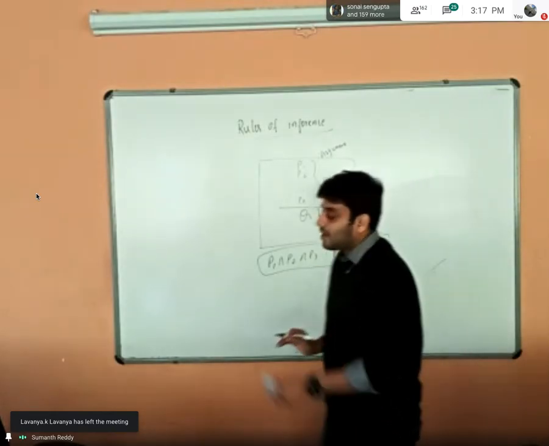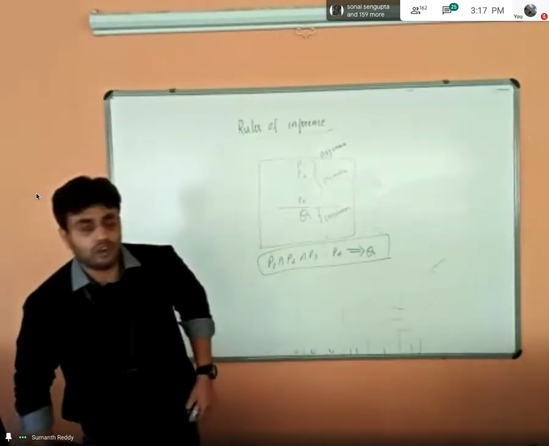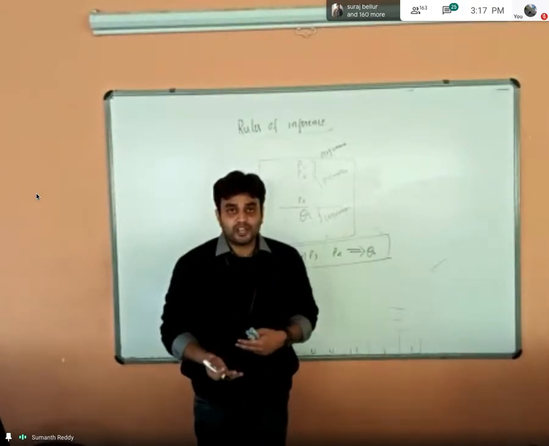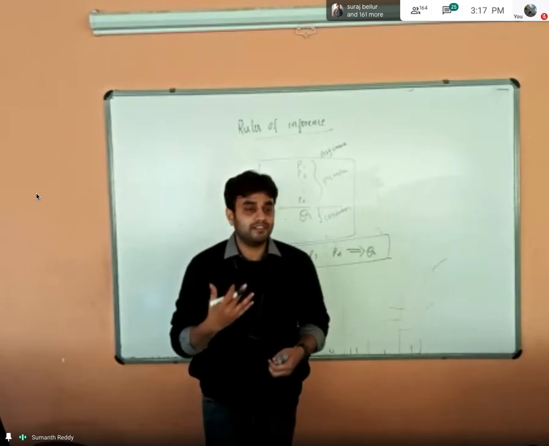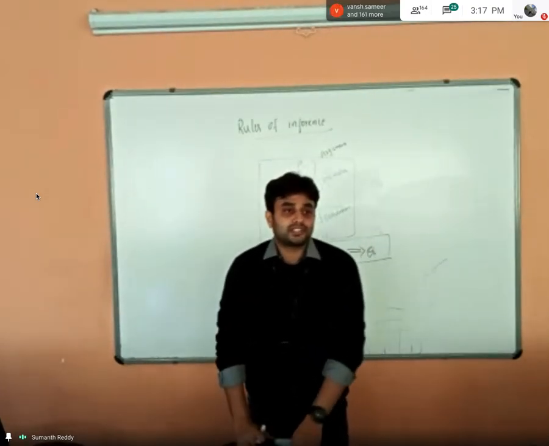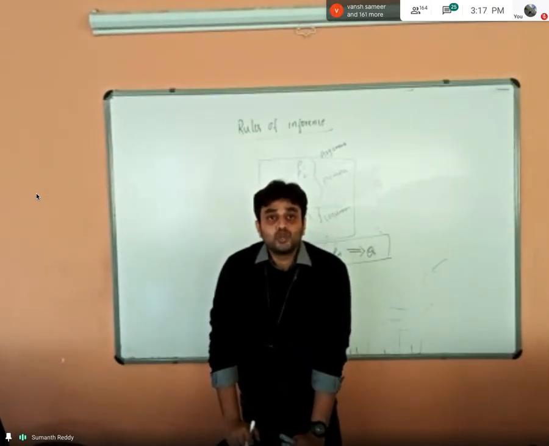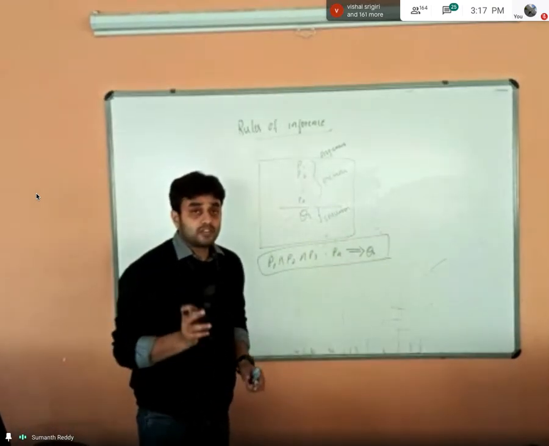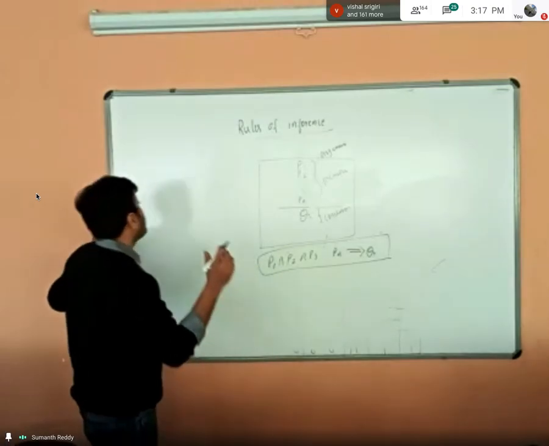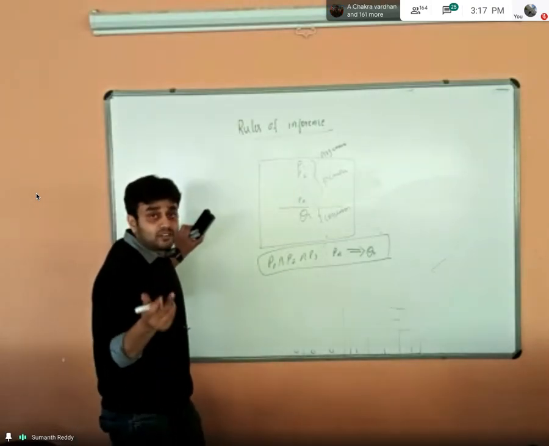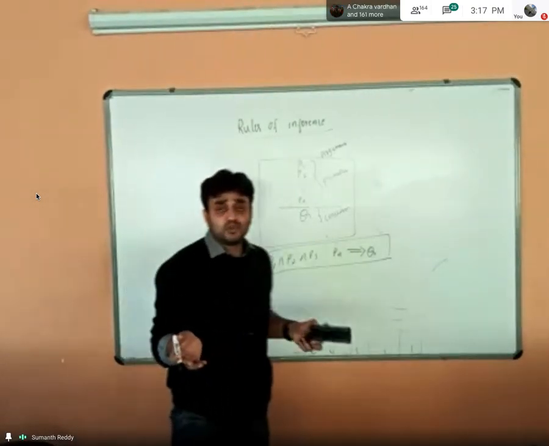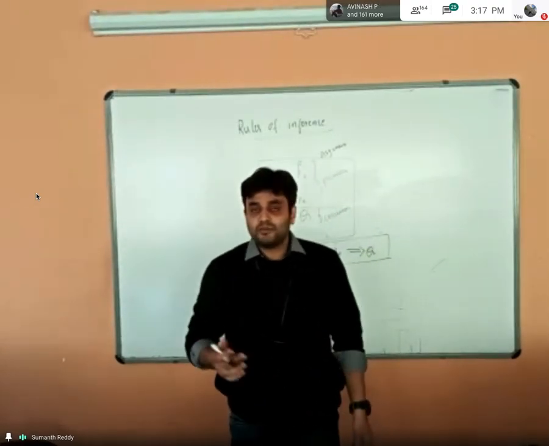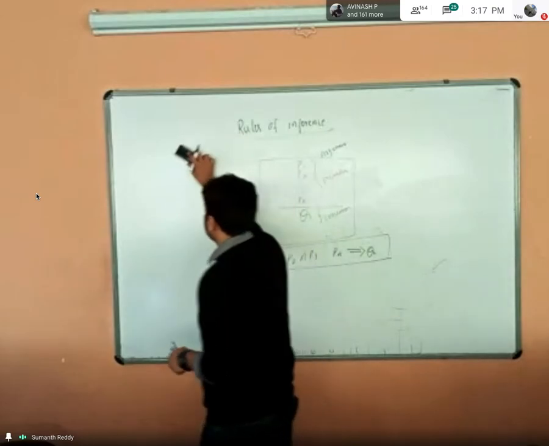Now one final thing I have to tell you. Whatever argument I give, whether it is valid or not, he will ask in the exam to check the validity of an argument using the rules of inference. If he tells you to use only the rules of inference, how many rules do we have? As I told, in some textbooks they give 6 rules, in some textbooks 5 rules. I suggest 5 rules are sufficient. Any problem you can easily solve just by using the 5 rules of inference.